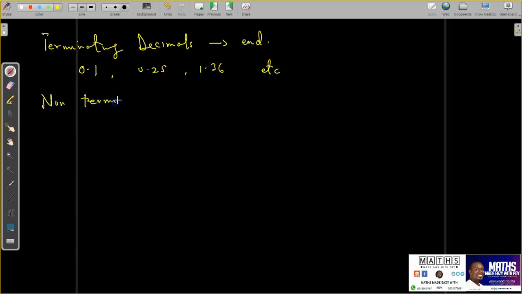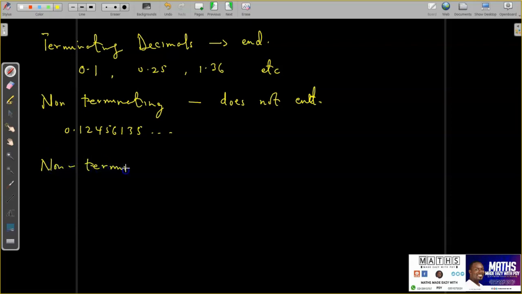Non-terminating. So for that one, it does not end. So you may have 0.12456 dot dot dot. So this means it's not ending. It goes all the way to infinity. So having these three dots at the end tells you that it's a non-terminating decimal. But what we'll be looking at is